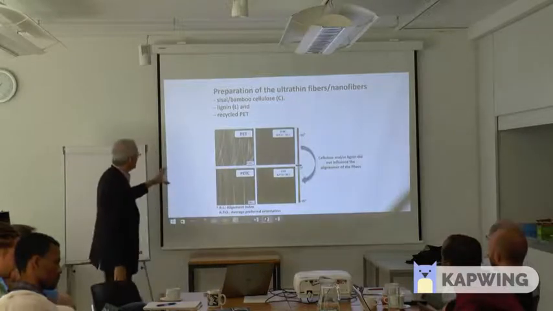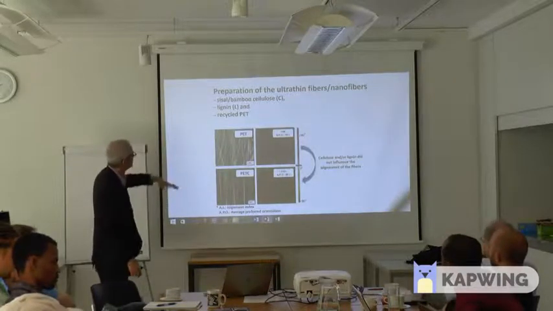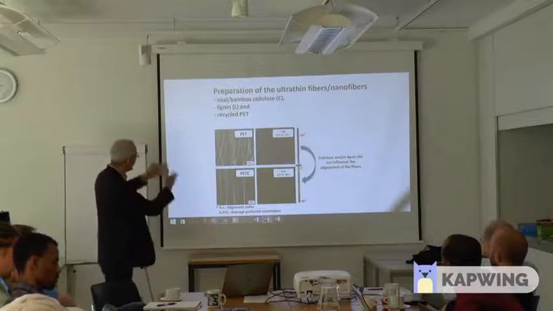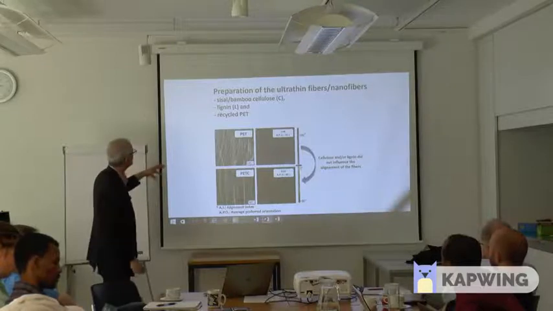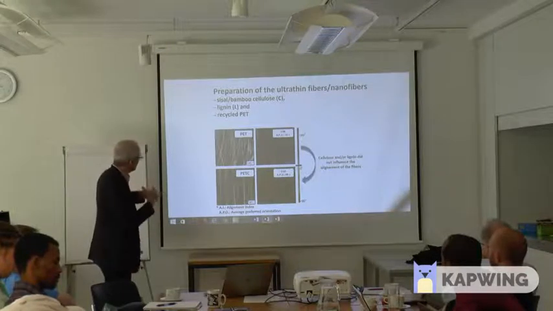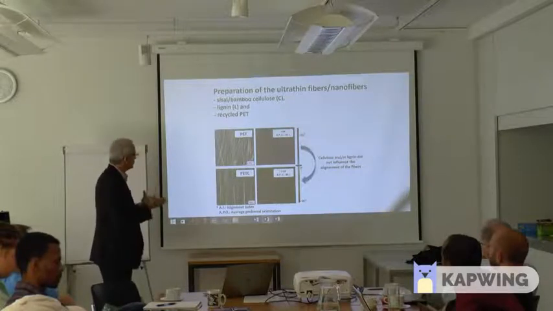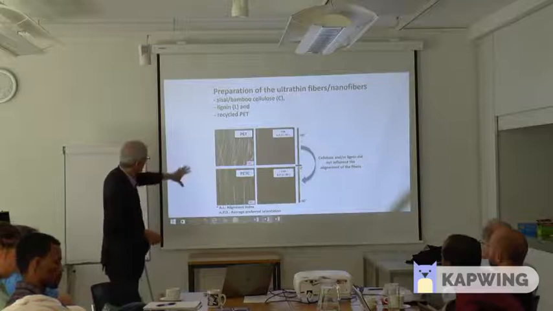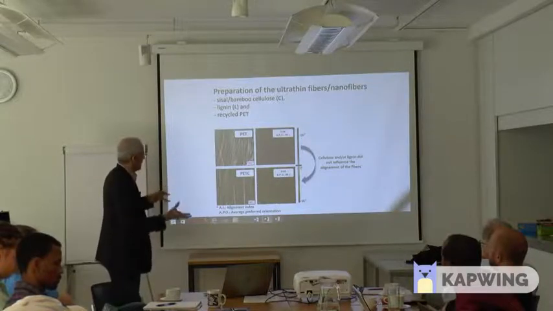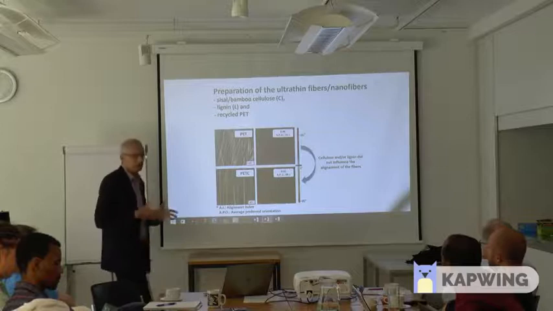So in this case, we had a spinning process that could align the fibers, and the cellulose or the lignin was dispersed with the polymer to try to reinforce it,